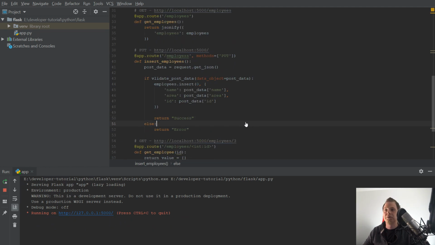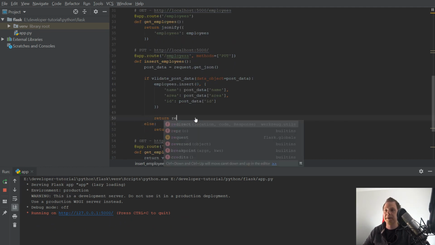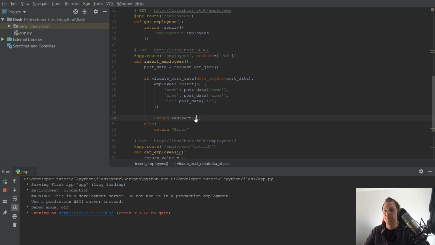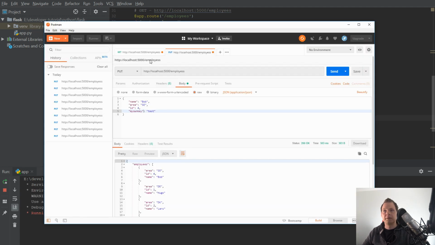Now we are ready to replace the succeeds with redirect, and we need the location should be employees, and we have a spelling error up here I have seen. So let's replace this